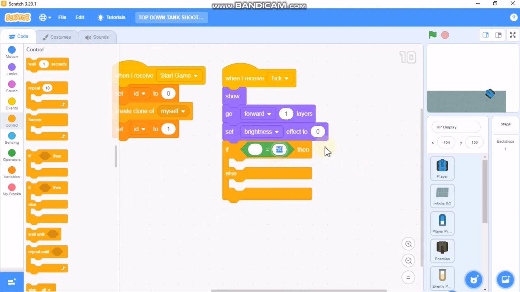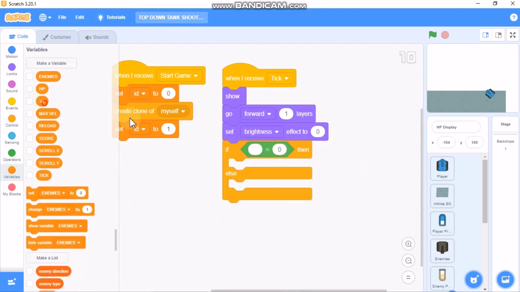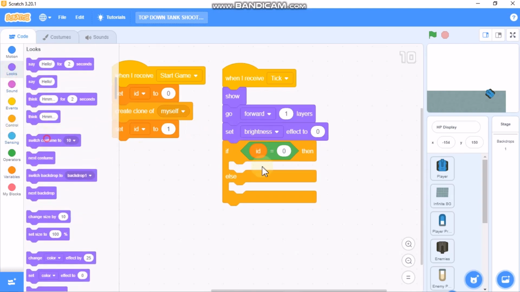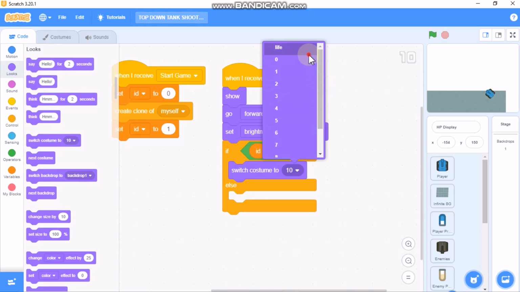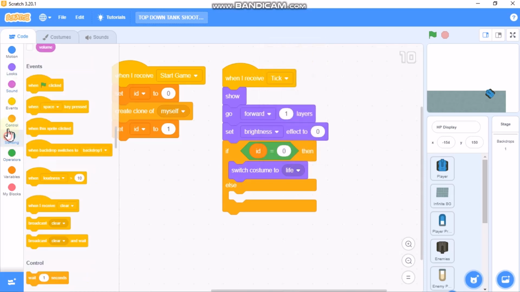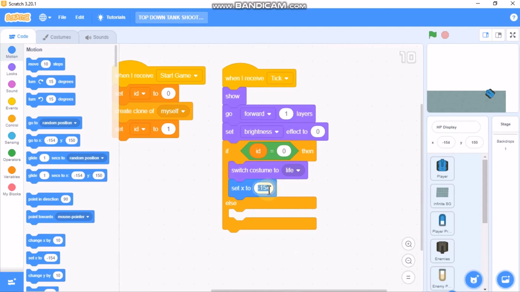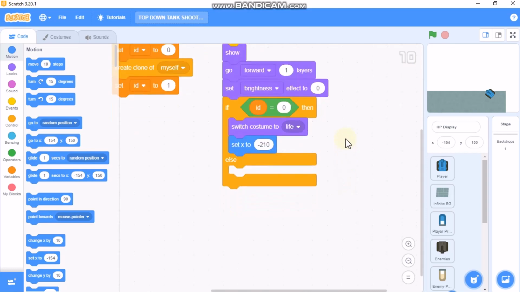So if ID equals 0, then we need to switch costume to life and set our X to -210. So the position may differ, so make sure you enter the correct position